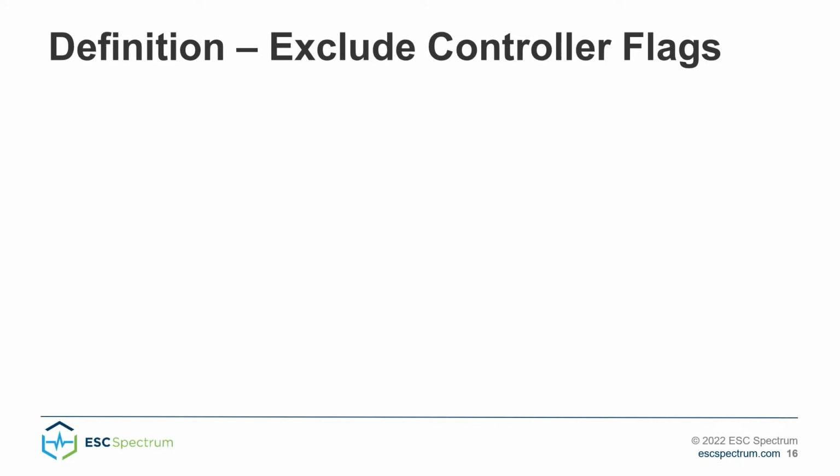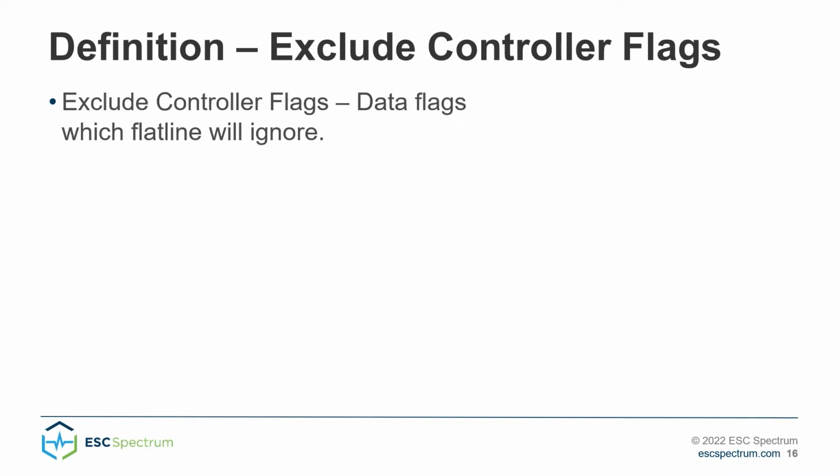The next setting is exclude controller flags. These are the data flags that Flatline will ignore. These are flags set by the data controller or other ProcessNow tasks. The recommended setting for this is the less than flag. This is the setting for invalid. By using the less than flag, you're excluding data that is invalidated for any reason, such as calibration, maintenance, bad status due to a fault signal, Modbus communication dropping out. It's largely a catch-all. So using that setting will help to avoid